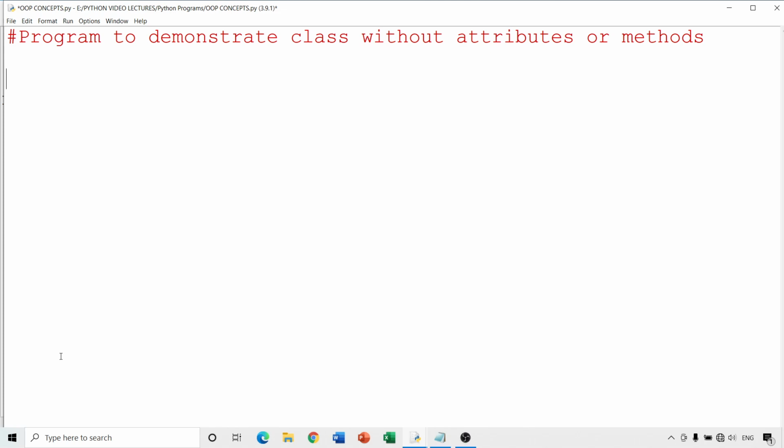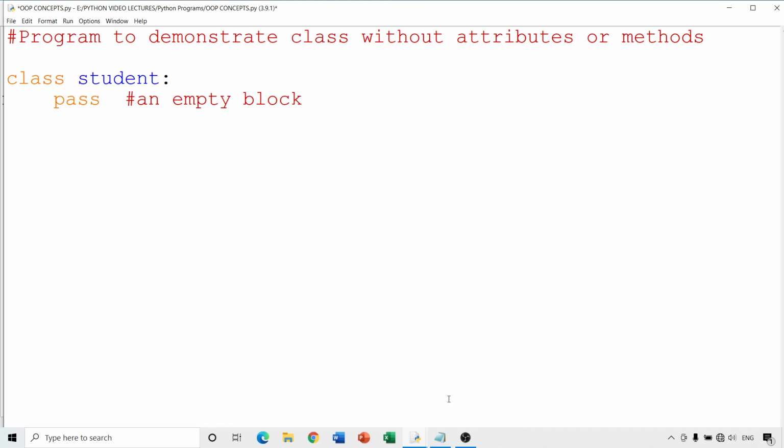So let's get started. The first program, we'll be using the class student in our study. So let us create the class student. Generally in Python we don't use the curly brackets, we use the colon. So we create a class, and because we don't want to use any attributes or any methods, that is, we don't want to use data members or member function, we just write pass, nothing else. This actually indicates an empty block. Okay,